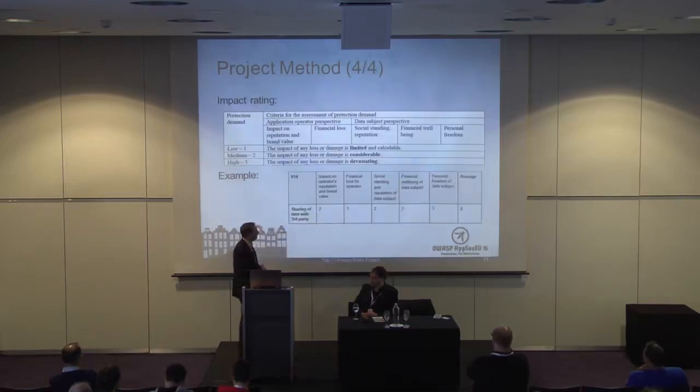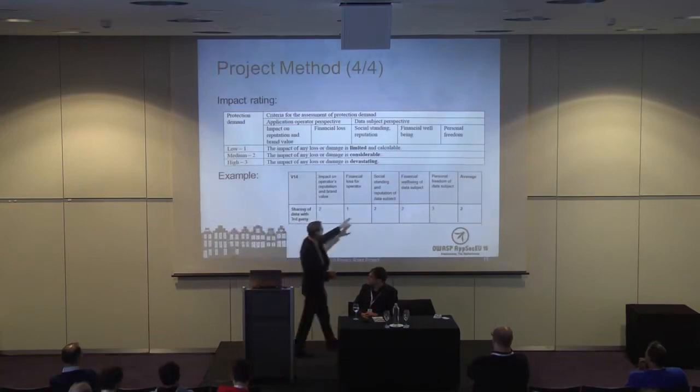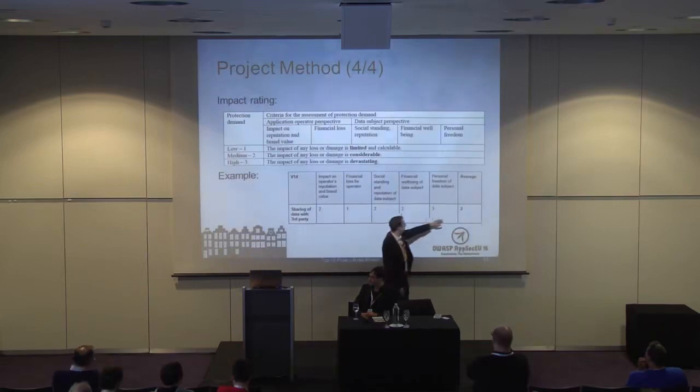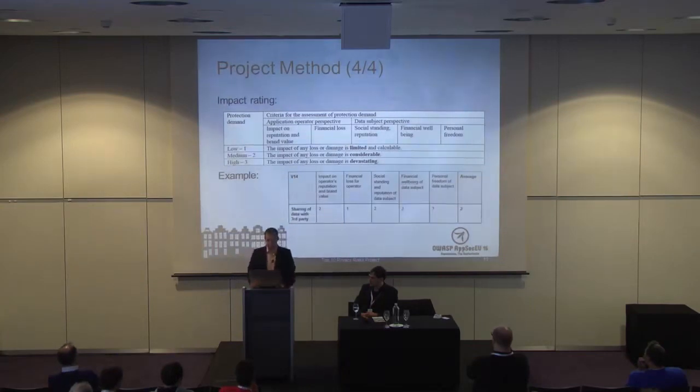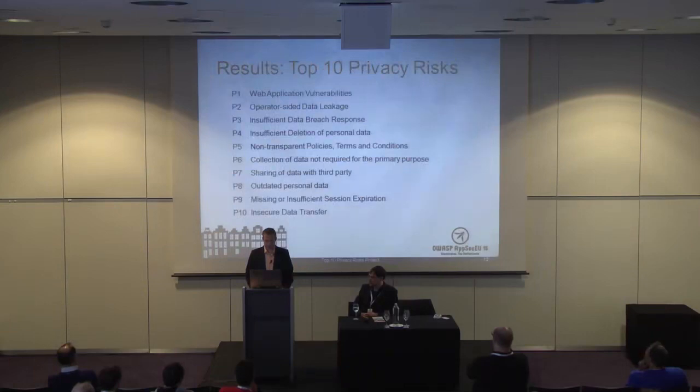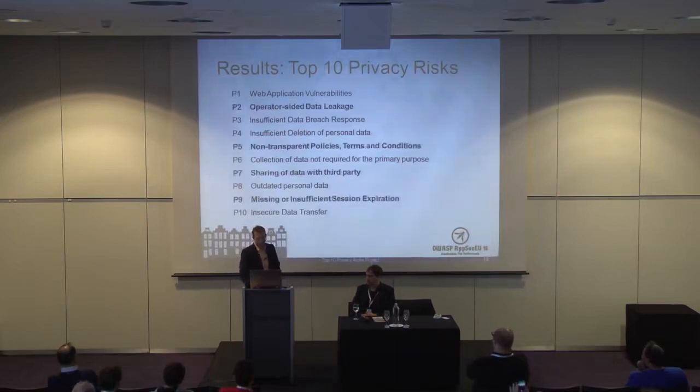We also did a professional judgment here and discussion with experts, and rated each of these with a value between 1 and 3, and got an average of 2 here. And we did that for all 20 violations, and in the end, we got this list of top 10 privacy risks. I'm just going to give you a brief overview, and Stefan will tell you a bit more about those